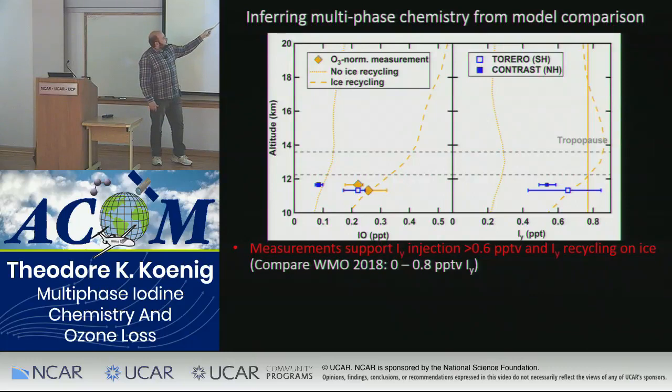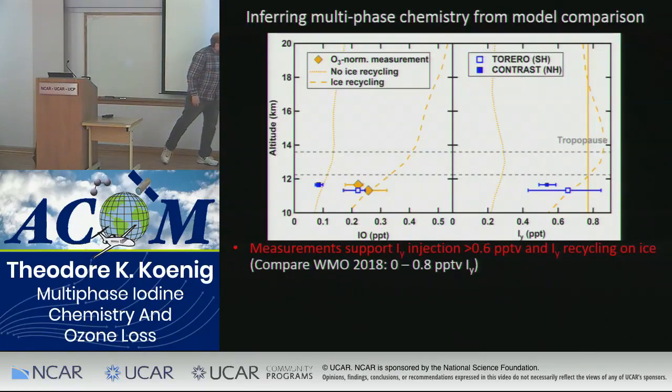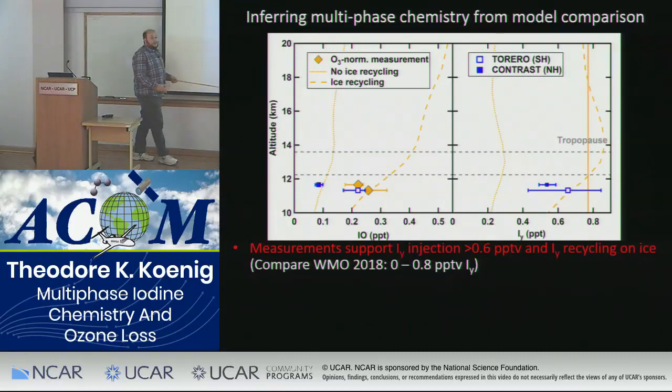That's actually because in CONTRAST, just through coincidence, we sampled very low ozone air when we were at high altitude. This is partly because we were over the Western Pacific. But if I match the ozone to the zonal climatology, this value should move back up. That's somewhat clear over here. If I just look at the IY partitioning, you can see I'm closer to that point over there. So we think that this lends credence to the idea that iodine is recycling on the ice surfaces from the tropospheric data we have.